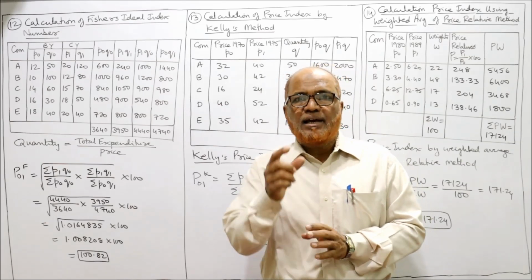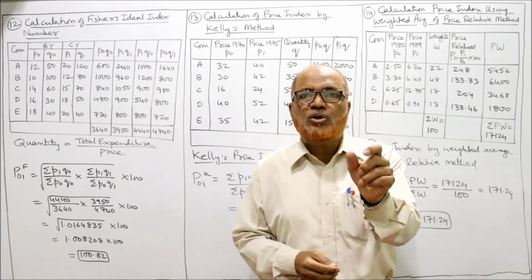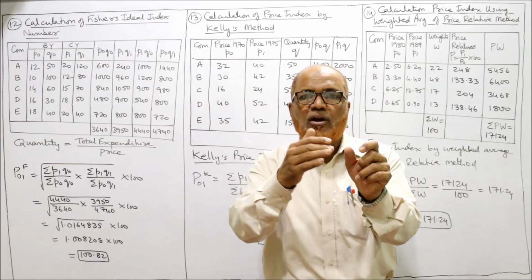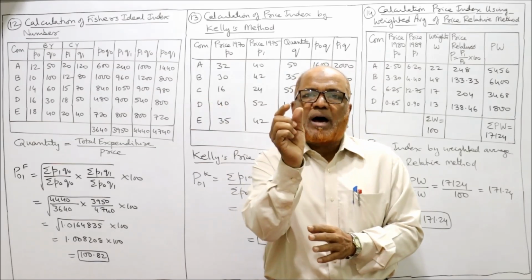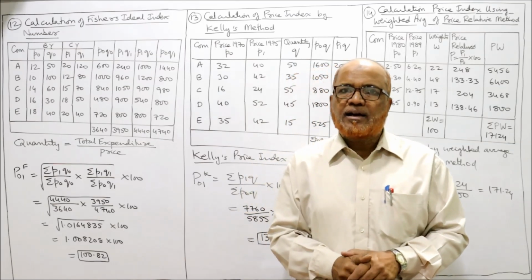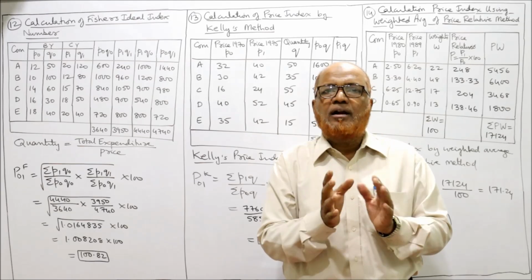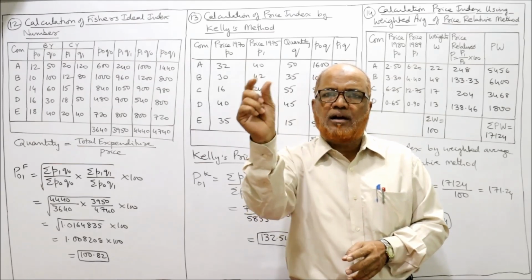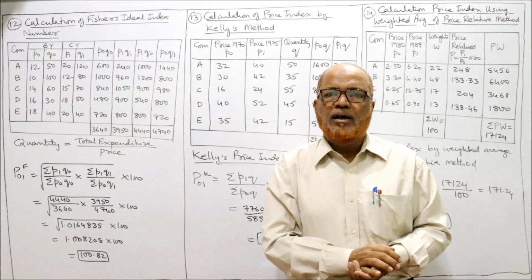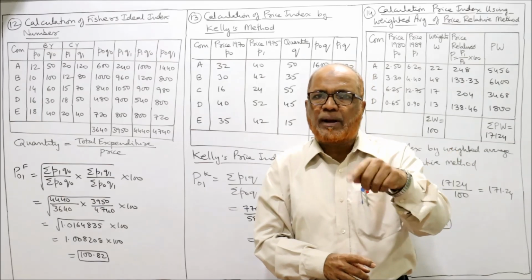Kelly has suggested a formula to calculate price index where he has taken a fixed quantity. That quantity is neither base year quantity nor current year quantity. Some average quantity, standard quantity he has taken. तो केली ये कह रहा है कि क्वांटिटी लेते वक्त ना बेस ईयर का क्वांटिटी देखो ना करंट ईयर का क्वांटिटी देखो, एक स्टैंडर्ड क्वांटिटी ले लेके कैलकुलेट करेंगे. तो ओनली वन क्वांटिटी वी रिक्वायर एंड दैट क्वांटिटी विल बी मल्टीप्लाइड विद बेस ईयर प्राइस एंड मल्टीप्लाइड विद करंट